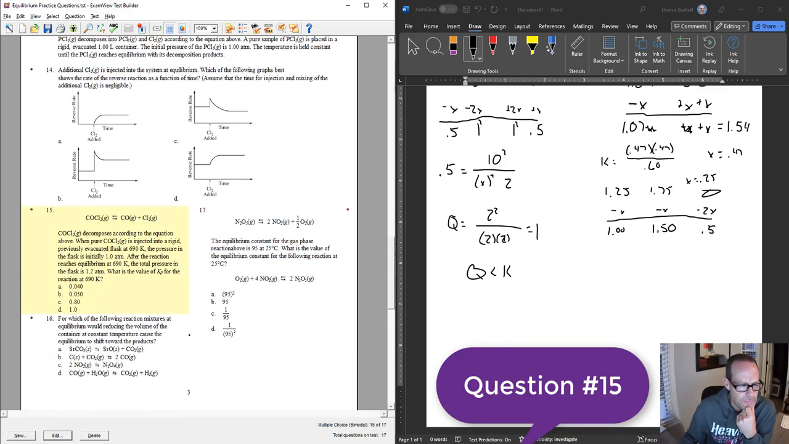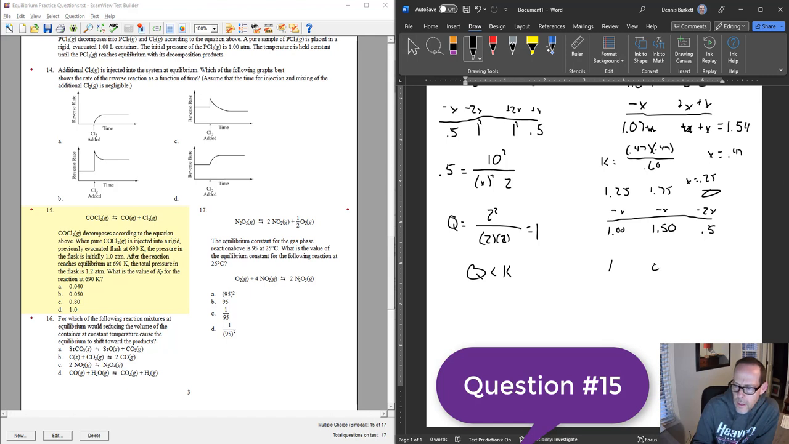Next one. CCO2 decomposes, reaction, temperature. So this is going to be another one kind of like that other one we did. I think it was number 10? I don't know, whichever that one was that we did. So if I come over here,